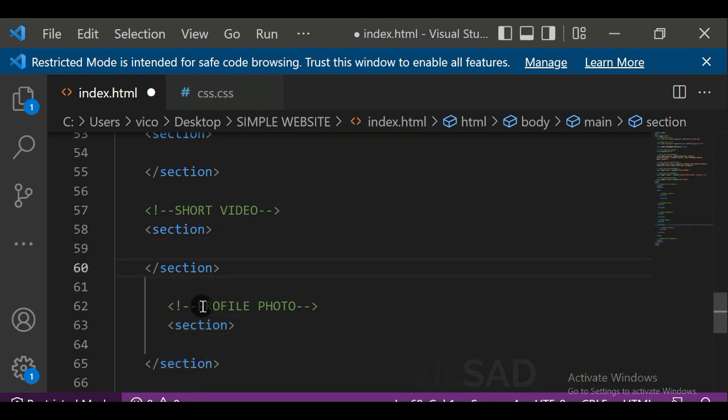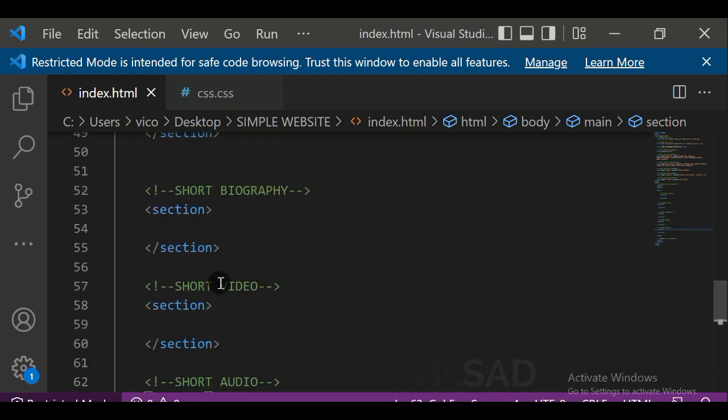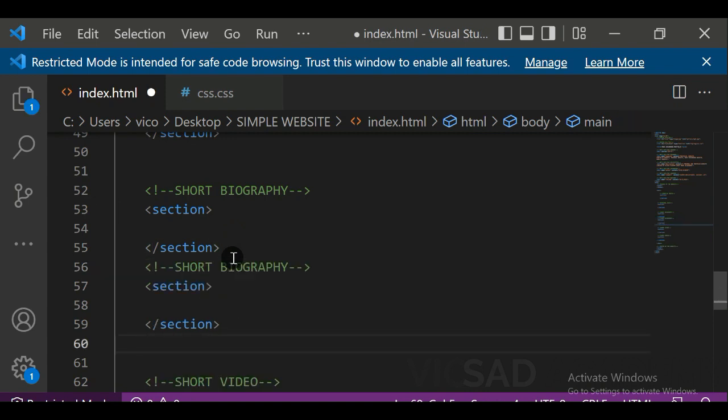So you're gonna have short audio. Yeah, man. So I think we've sectioned it enough. Okay, so yeah, I think there's another section you want us to do: after the short biography, we're gonna have Control C, then we are going to have